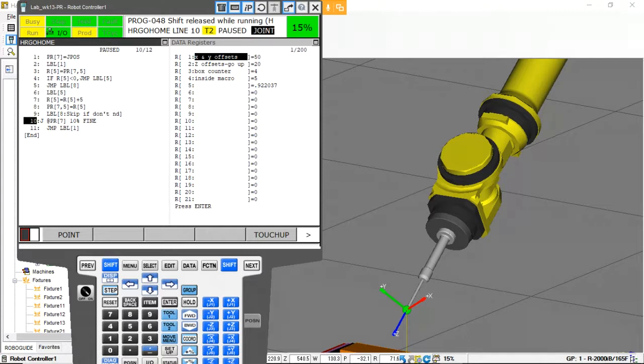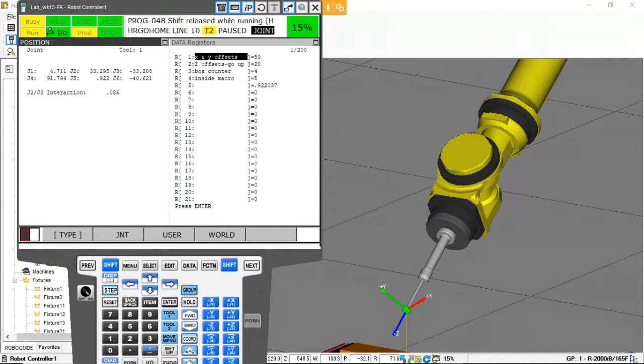Why am I doing it in small steps, Robert? Well, the reason I'm doing such small steps is because if you try to make too big of a change and it changes that configuration piece, remember the configuration? When it tries to change configuration, right now you see it says FUT. Remember, it can say FUT or NUT or NUB or NDB. This configuration piece up here at the top,